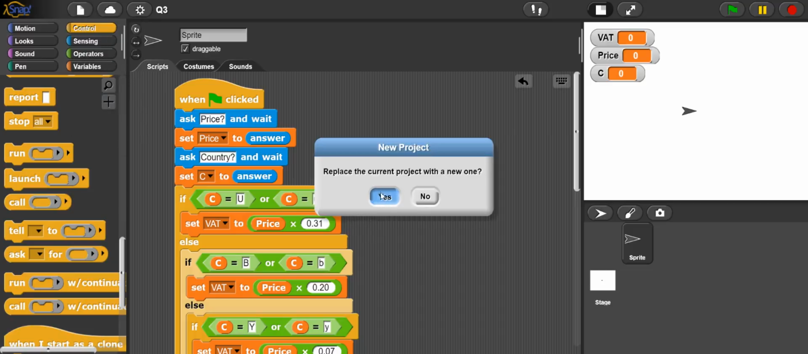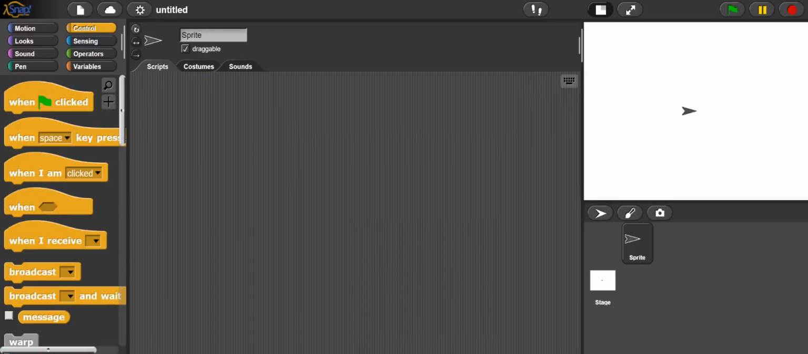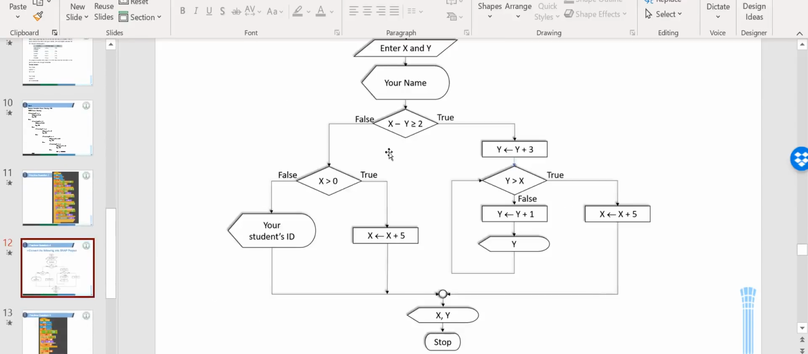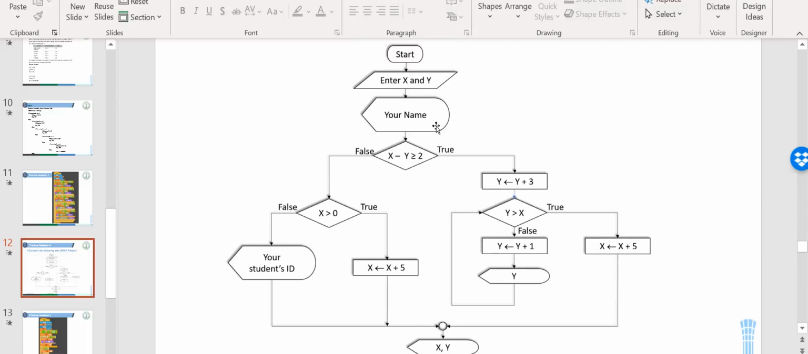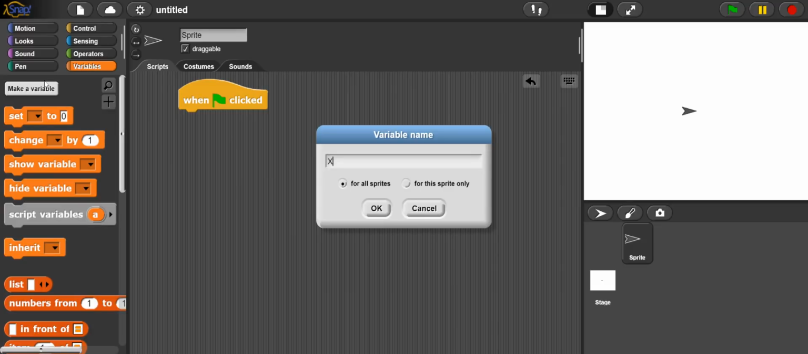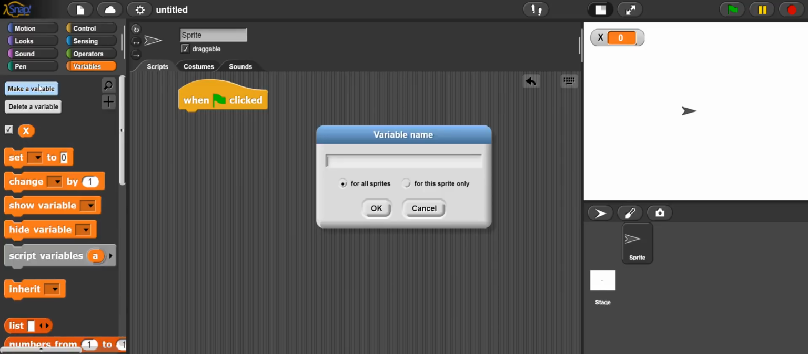Next project is very simple, that is to convert the flowchart. We follow the same procedure, just follow step by step. If both arrows are going downward, that means it is if else. If one arrow is getting back, that means it is a repeat until. So we have the starting point. We need two variables, x and y. So make variable x, make variable y,